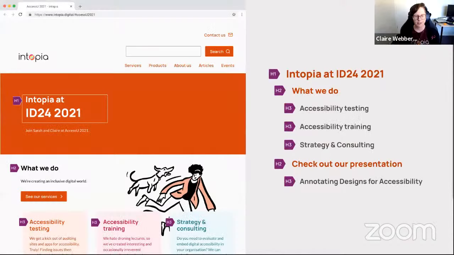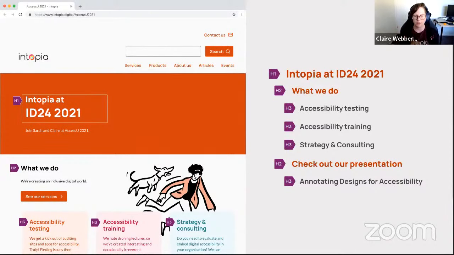So here we have back again our Intopia ID 24 fake web mock, and we have now had a look at annotating all our headings. So as Sarah mentioned, heading structure can be really vital to the accessibility of our page. Sometimes though, it's a little bit trickier to work out because our heading styles, the size, we might not use consistently on pages. A technique I really like to use is to bring all my text outside the design, all my headings, and have a look, regardless of how they look on the design, have a think about the hierarchy and the intent